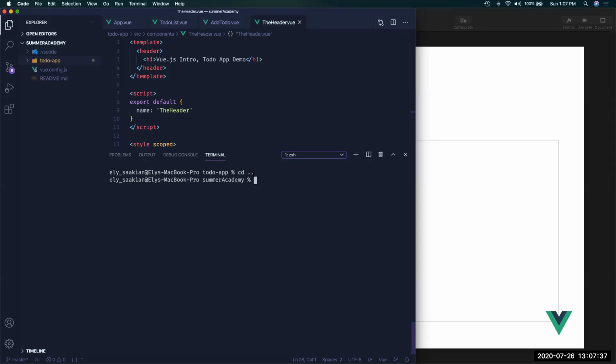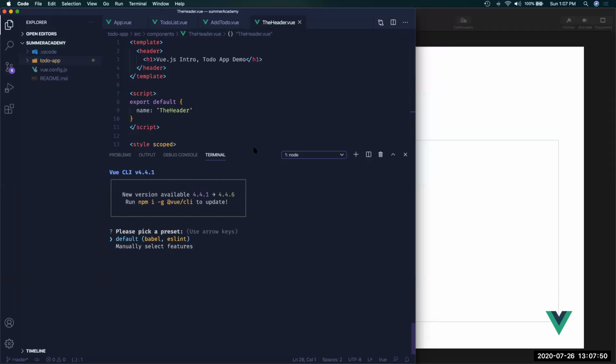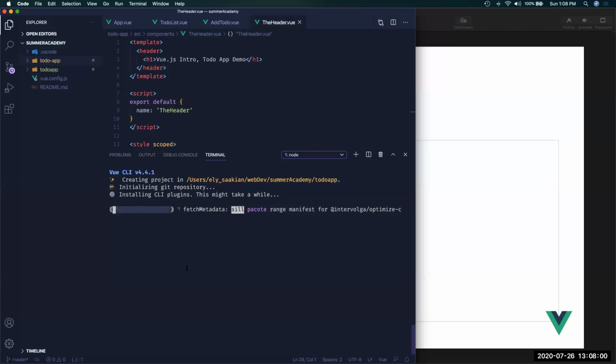So I'm just going to go one folder up and I'm going to run vue create vue-app. And what it's going to do, it's going to ask you to pick a preset. I would say go with default for now. In the beginning, you can hit enter to select it. It's going to start installing all the required files and everything. And once it's done,